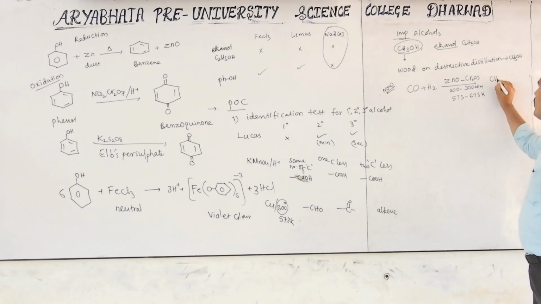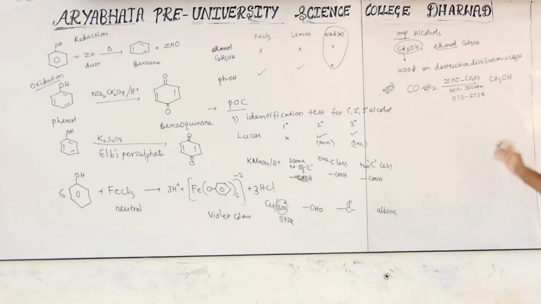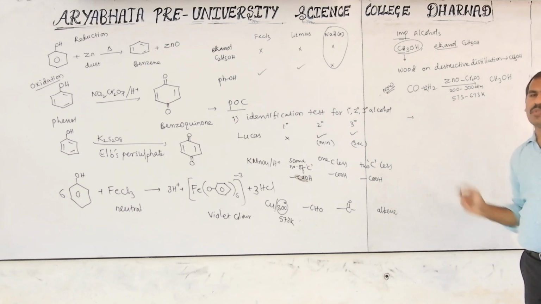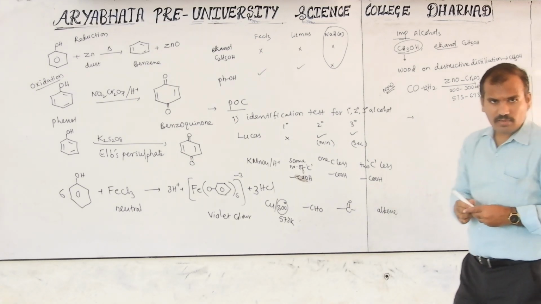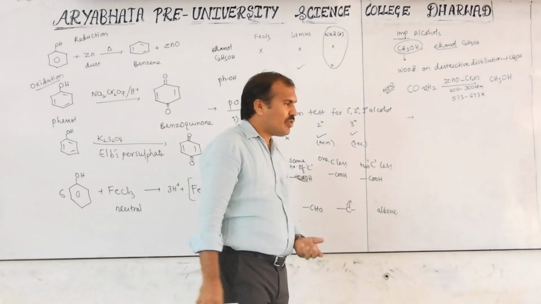Then only you will get methanol. How many hydrogens? 3 plus 1, 4. Then 2 into 2, 4. 1 carbon, 1 carbon, 1 oxygen, 1 oxygen. This is methanol. So what is the use of this? Generally it is used as a solvent in paint and varnishes, and is also used in the